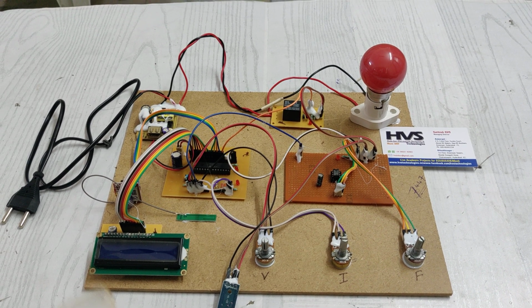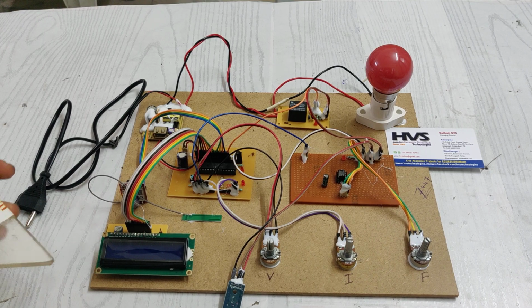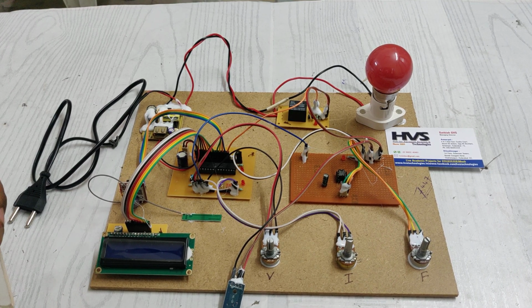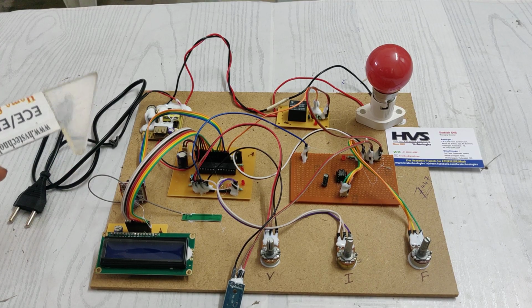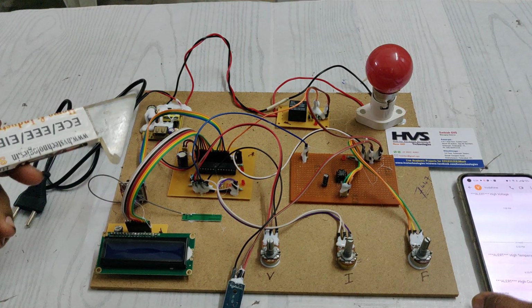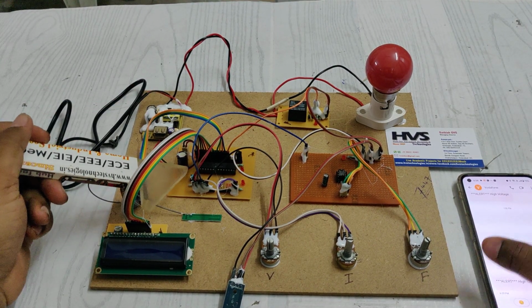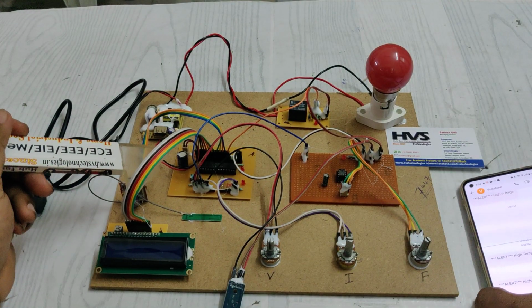Welcome to the project demonstration of power grid failure detection based on sensing frequency, voltage, current and temperature with SMS. The main application of this project is that we are going to monitor the voltage, current, frequency and temperature continuously with the help of the microcontroller, and whenever an abnormality is detected, the system will send message alerts by using this